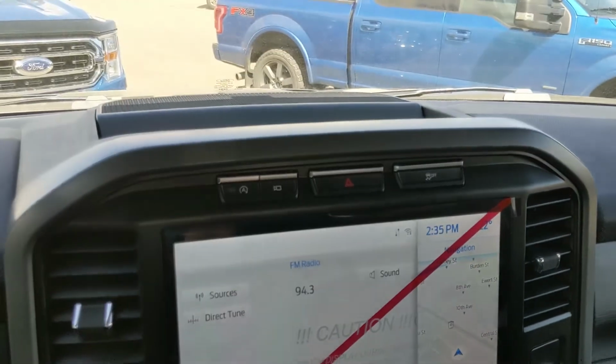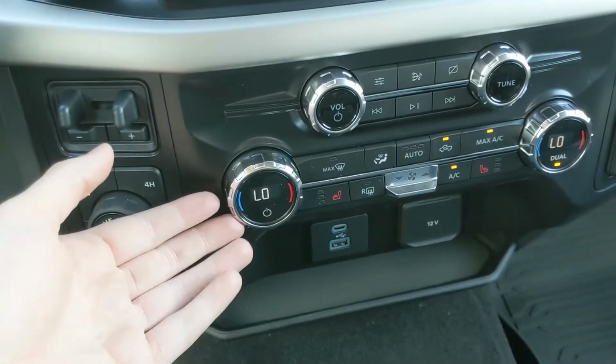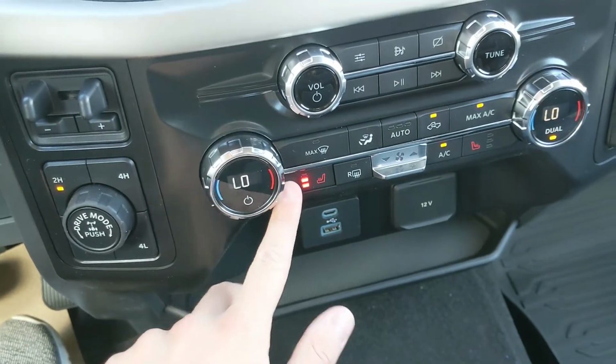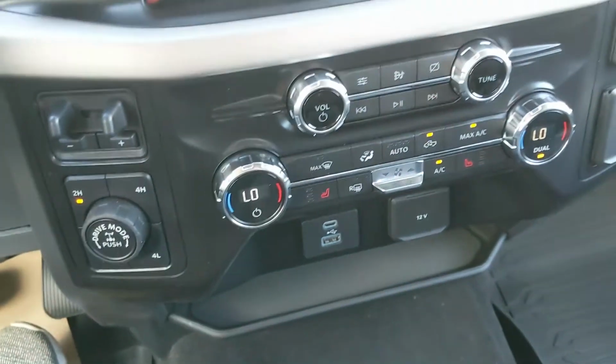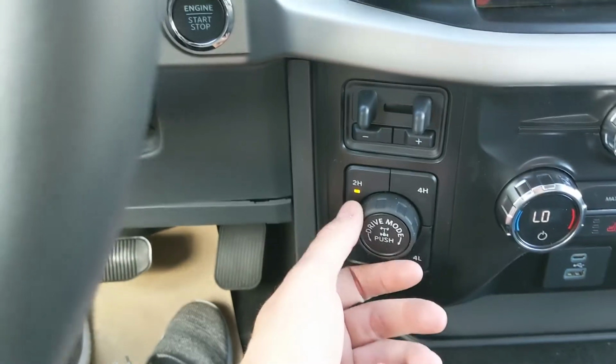And moving down from your screen, you have your media controls and then your climate controls here with dual zone front climate, but also heated front seats with 3 levels each, so you can stay cozy in the colder months. To the left of that, you have your Pro Trailer Backup Controller, Trailer Brake Controller, and 4x4 controls